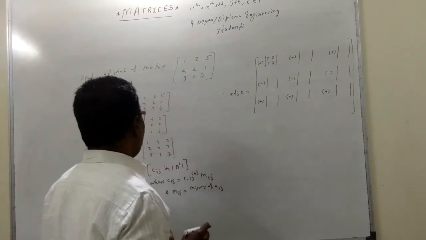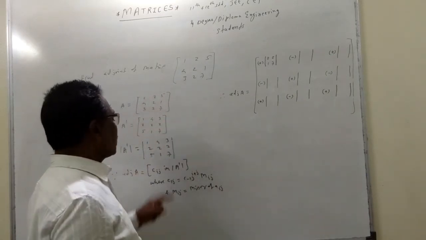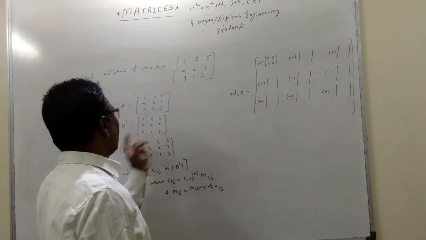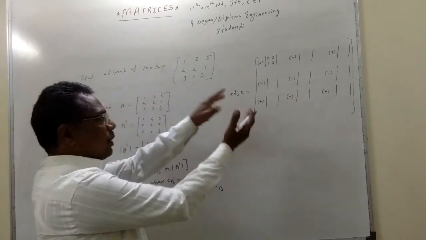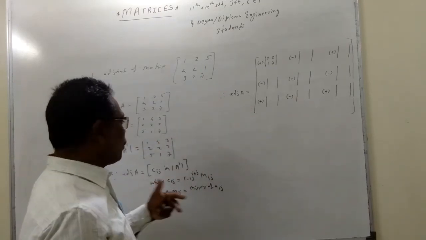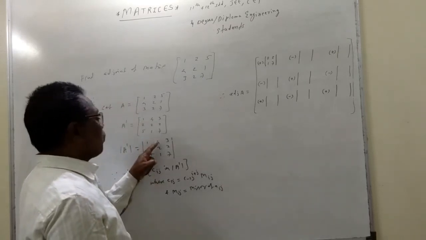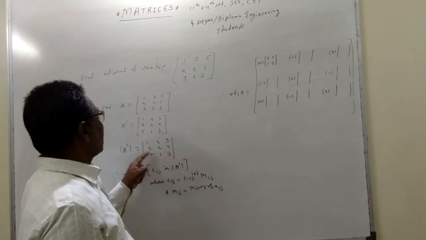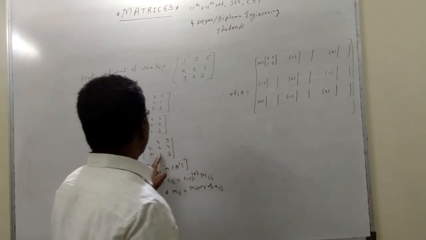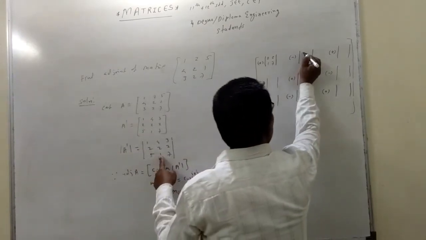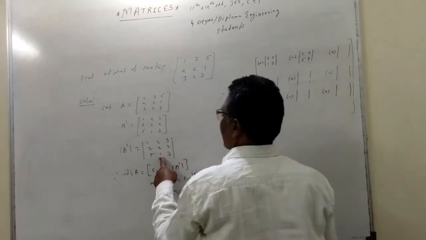Students make mistakes here. They write 2, then again come back to this. So it is a wastage of time in the movement. You want to reduce the time of the movement also. So consider 4 elements. Now for this first row, second column, the remaining elements are 2, 2, 5, 7. So 2, 2, 5, 7.